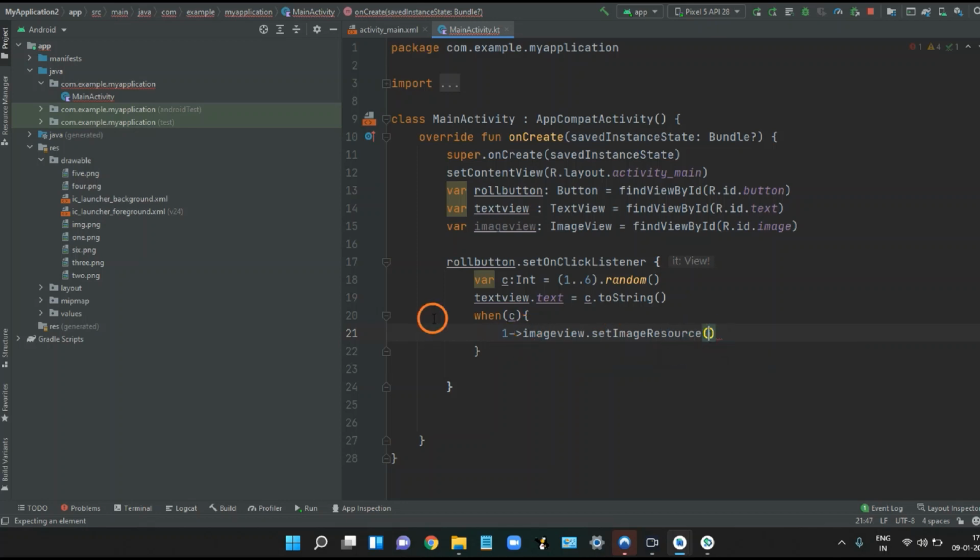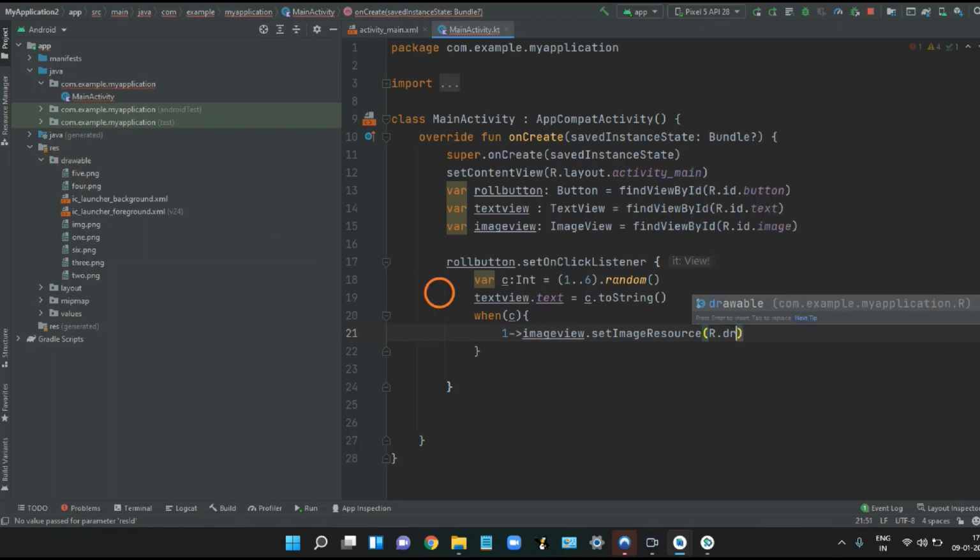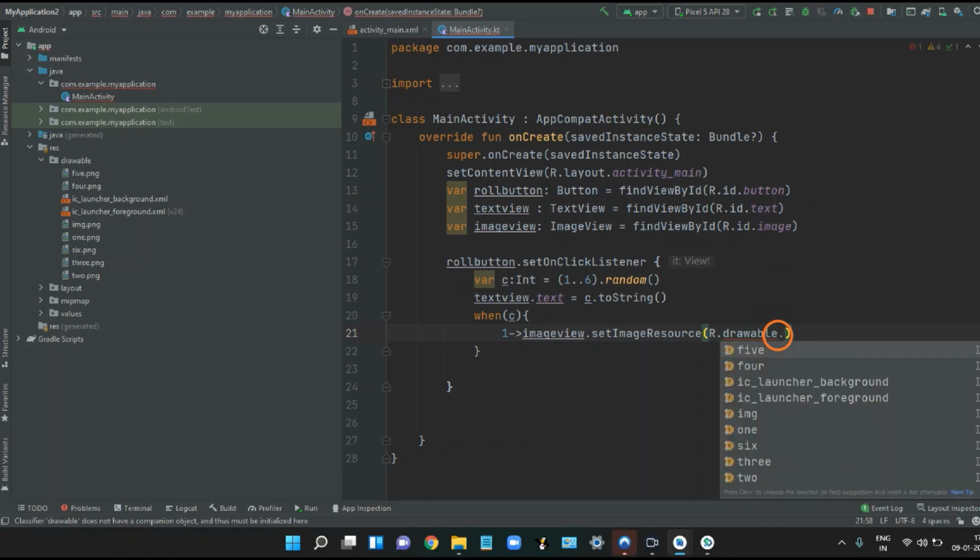Okay, so now let's define this location. It is present in this res folder. So capital R, dot, after that this res folder, then this drawable folder, dot drawable, after that the name of the image, dot 1.